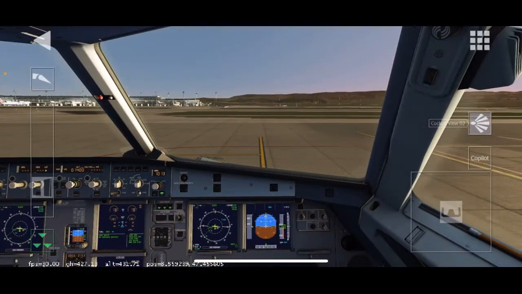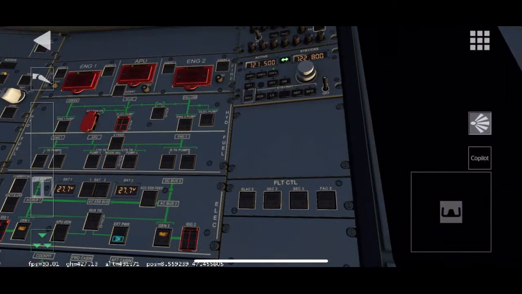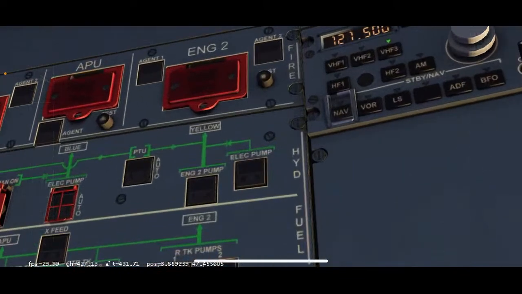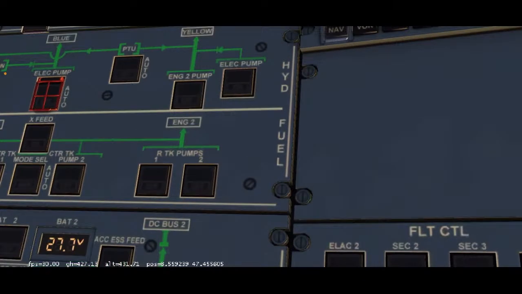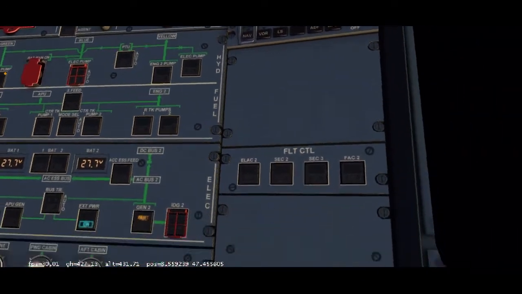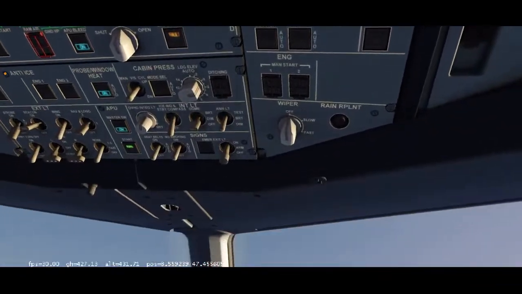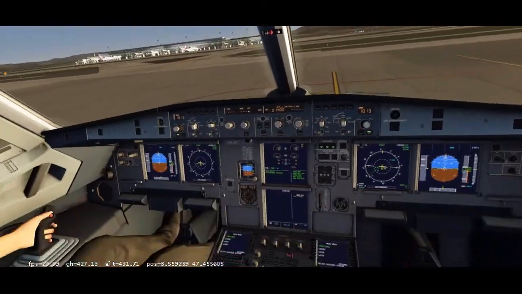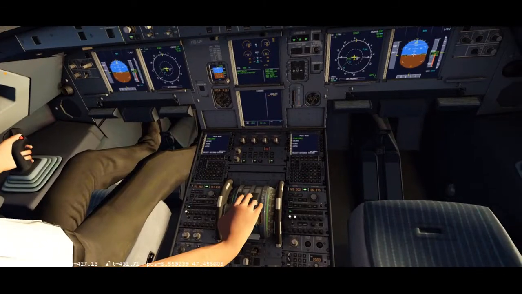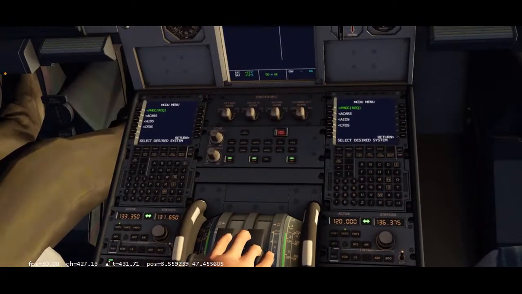So we're just going to go inside and test that engine number 2 alarm. Perfect. No white lights. I don't believe we have to worry about anything here except if there's white lights. So there's my little flow for you guys right there. Now, usually what you would do is you would go to your MCDU.